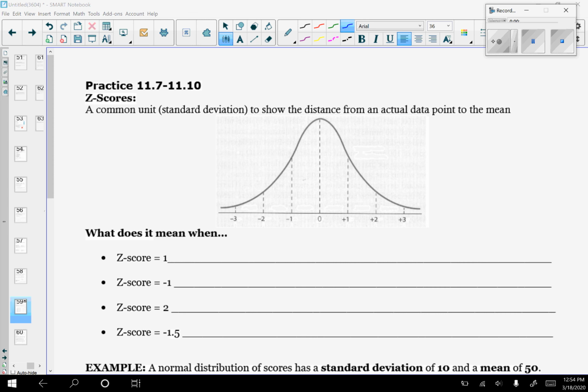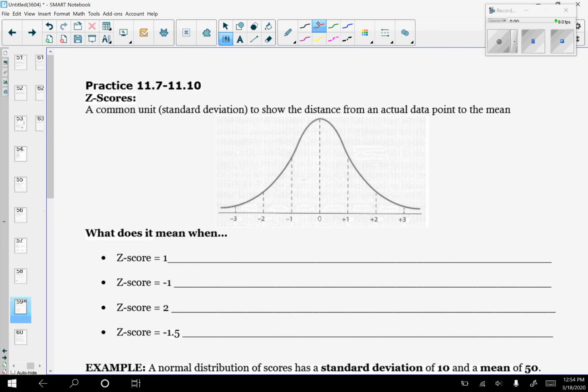Hello everybody, Miss Collin here, and I'm going to talk a little bit about a combination of 11.7 through 11.10, specifying on z-scores and standard deviation. So this is page 56, 57, and I'm going to dive in a little bit to the rest of the packet, 58 through 60. Okay, so we are talking about z-scores here, and z-scores are a common unit or a